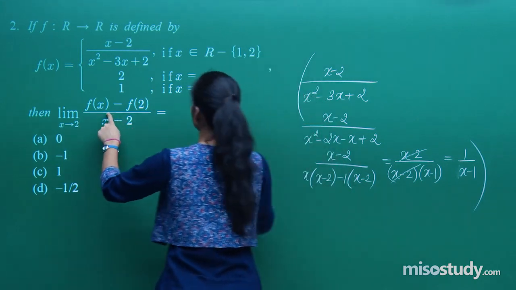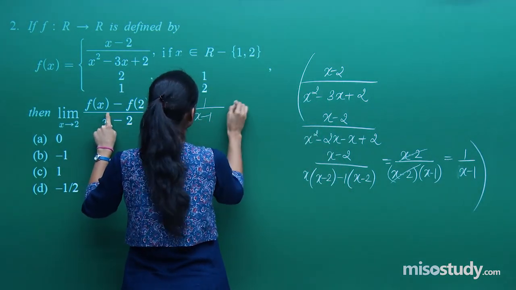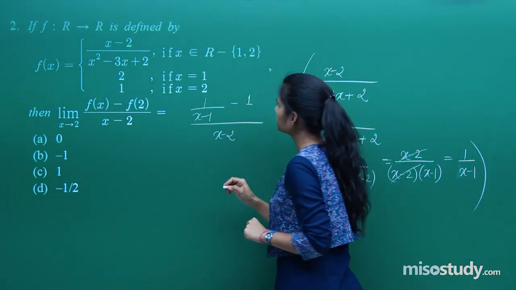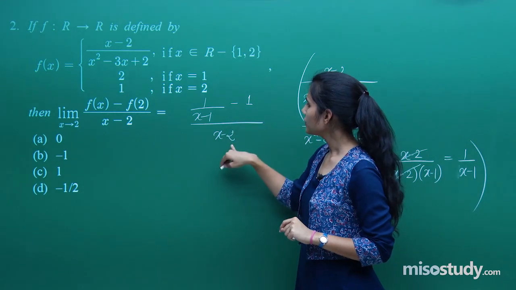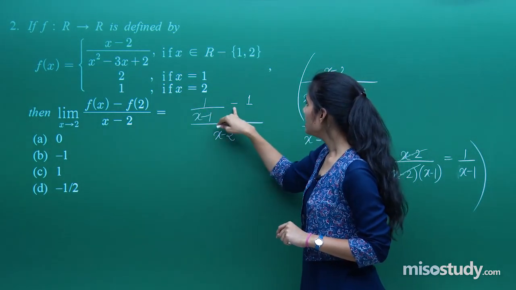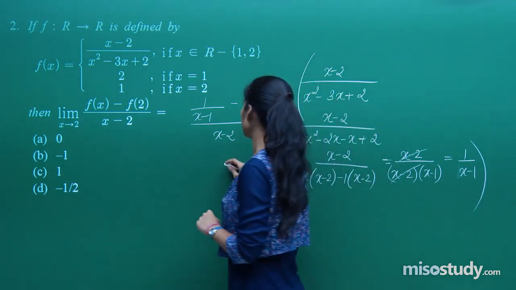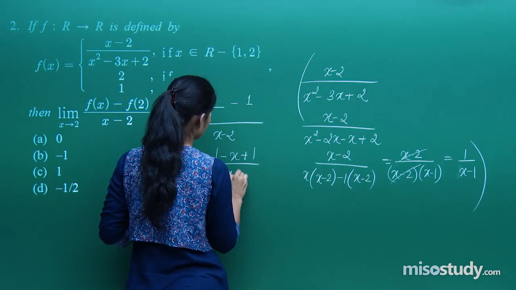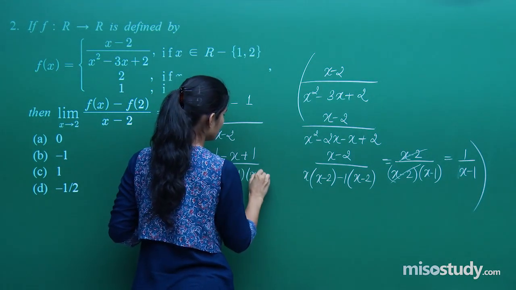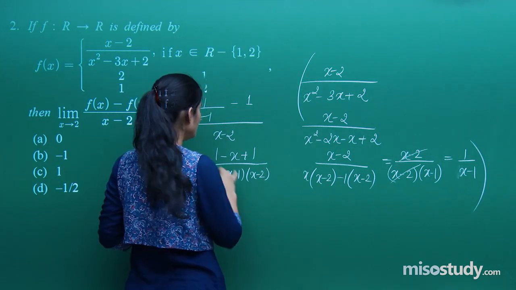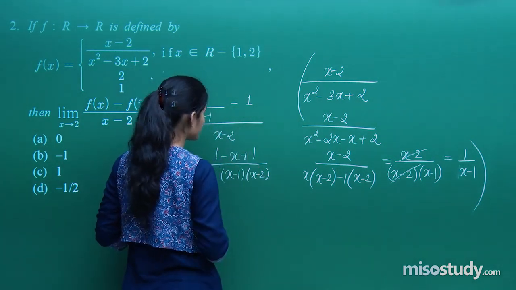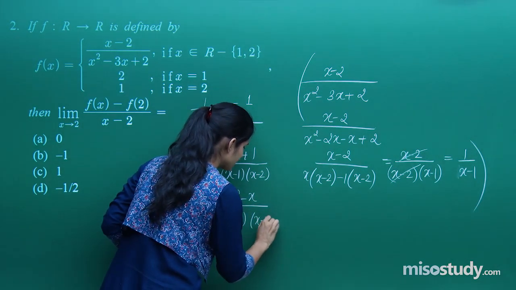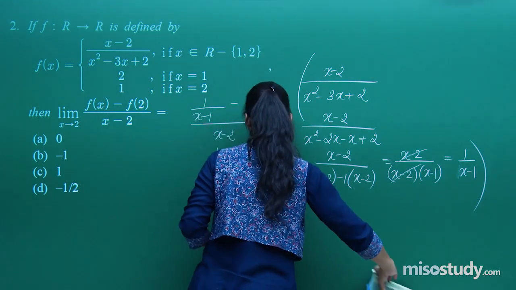Now plug in place of x over here. So this is 1 upon x minus 1 minus f of 2. F of 2 is 1 whole upon x minus 2. 1 upon x minus 1 minus 1 whole upon x minus 2. So what you get is 1 minus x minus 1, or I should write 1 minus x minus minus plus 1 whole upon x minus 1 into x minus 2. So this becomes what? This is 1 minus x plus 1. So this becomes 2 minus x whole upon x minus 1 into x minus 2. I can write this as minus of x minus 2,